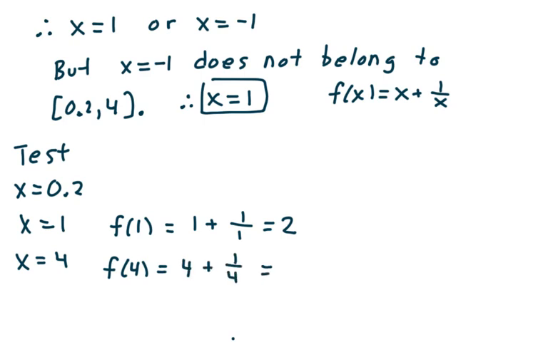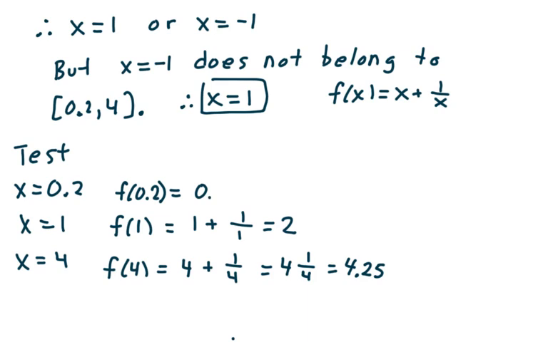And I claim that's 4 and 1/4, which I'll write as 4.25. That way you can get an idea of which one's the high, which one's the low. It's easier to see that when you have a decimal. Okay? And then if I plug in 0.2 for x,